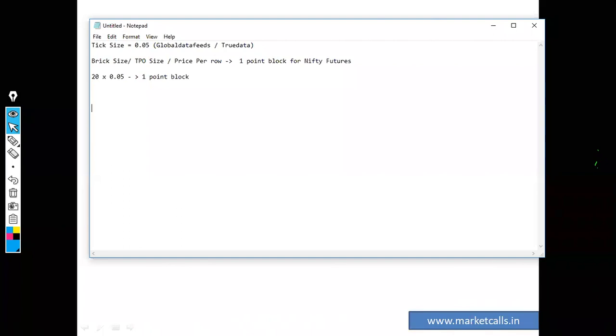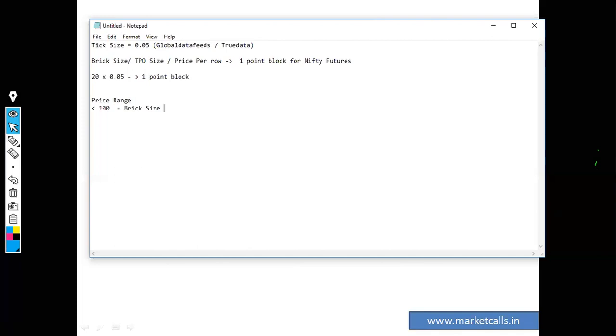So which is the right block size? Here are the guidelines. If the price range is less than 100, then you can use a brick size of